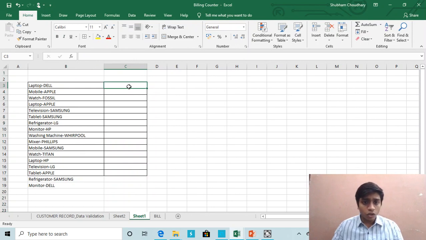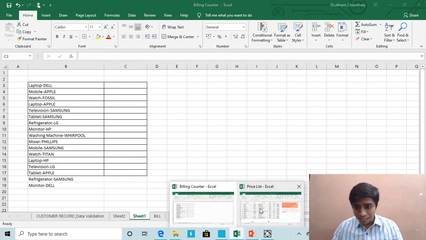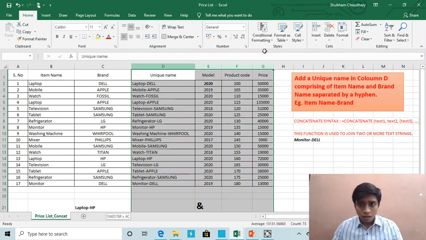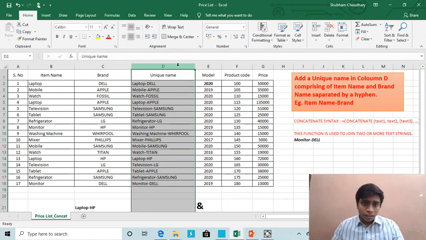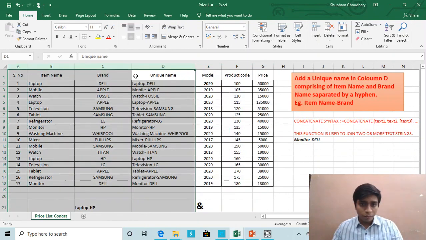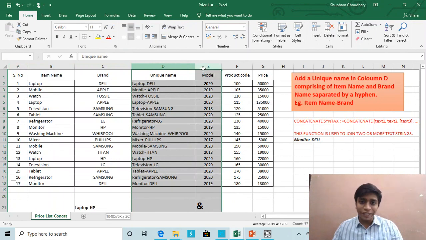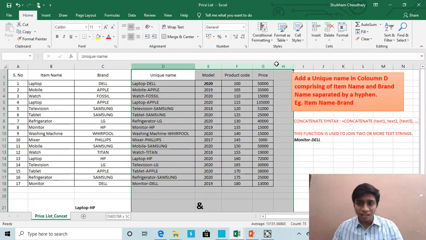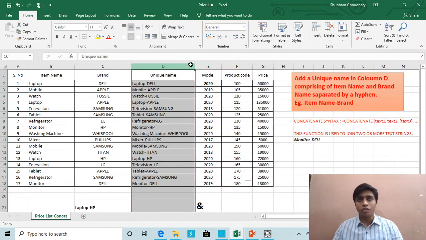Now if I want to get any value from this price list, a few things I'll say once again. While selecting the table array, the lookup value column must be at the first. Another thing, VLOOKUP only goes right, it cannot go left. Means any value that we are going to find, or get the answer, must be to the right of the first column. It can never be on the left side.